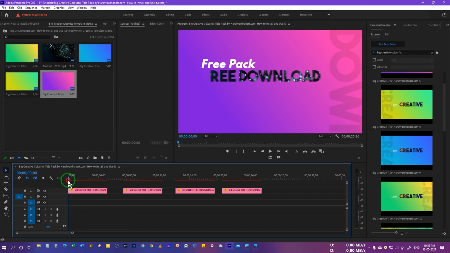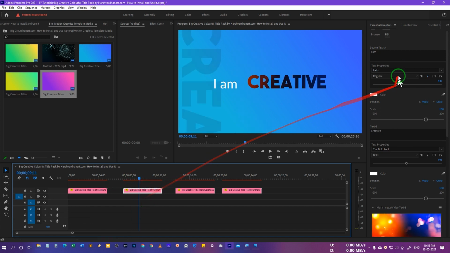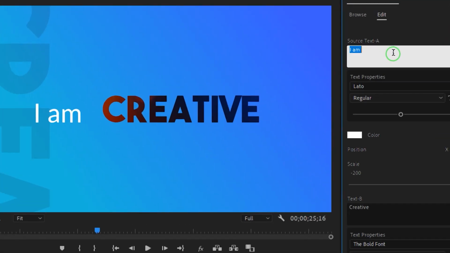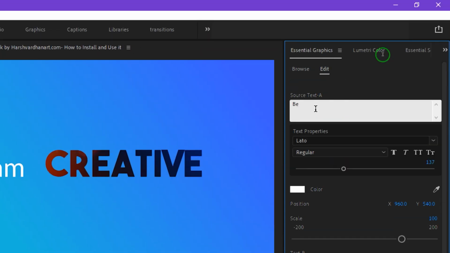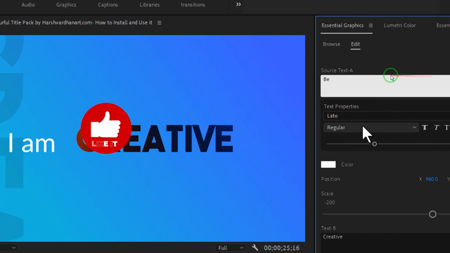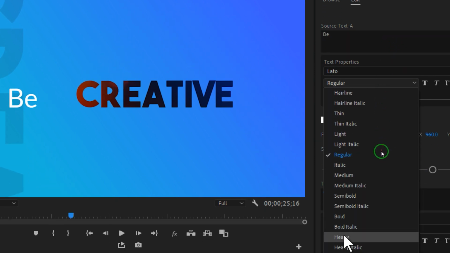In this case I have dropped this over here. Okay, so this is the pack, and let me show you how to customize it. This is the first one. If you go to the Edit option, you have the option to change this first text. I can change it to something else like Be Creative, and then we can change its font, whether we want it to be regular, bold or italic.